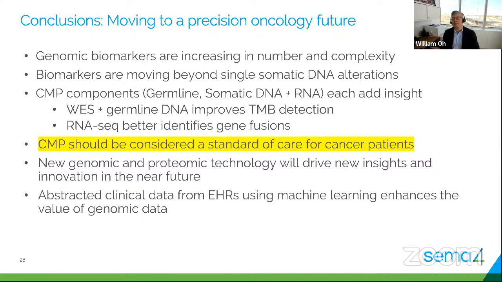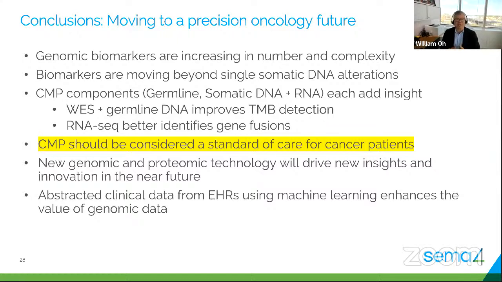How do we start to get to this future? Well, I hope I convinced you that genomic biomarkers are definitely increasing in number and complexity. That's already here. It's only going to get more complex. And hopefully nobody's really ordering single gene tests anymore. You're starting to be able to order more complex panels. I know, again, there are some resource issues in some countries, but the fact is that the cost of sequencing is going way down, and even some of these multi-panel tests are becoming cheaper than doing 3 or 4 or 5